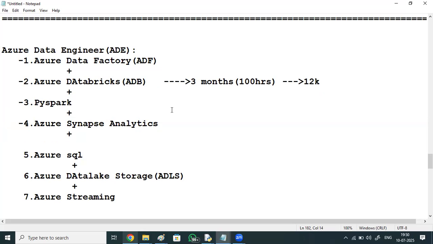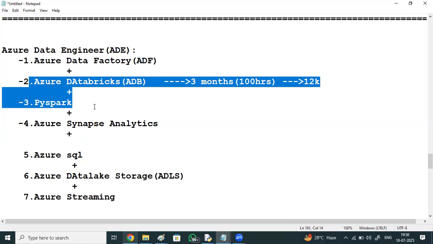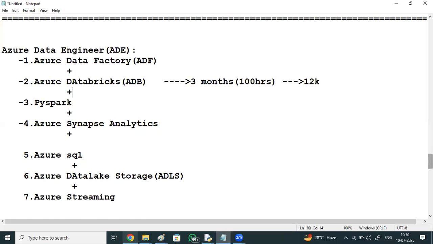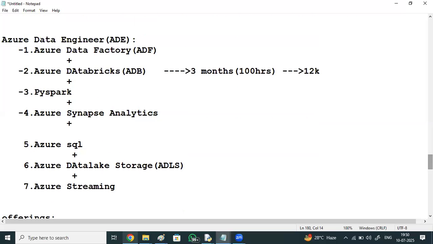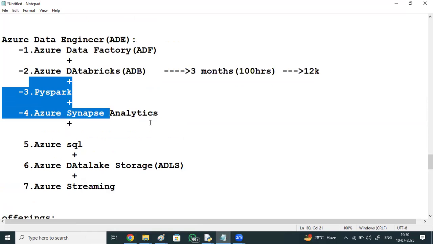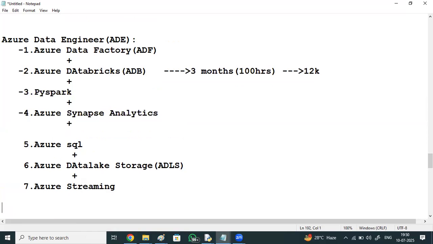So I recommend that you go parallelly, like Azure Data Factory and these things together, so that it will decrease your time. You can complete within 2.5 to 3 months. So coming Monday, if you want, you can go parallelly. Otherwise, you can go one after the other. Once you get enrolled, you can attend any of my Databricks PySpark batches whenever they get started.